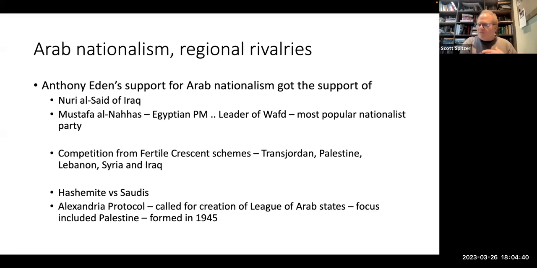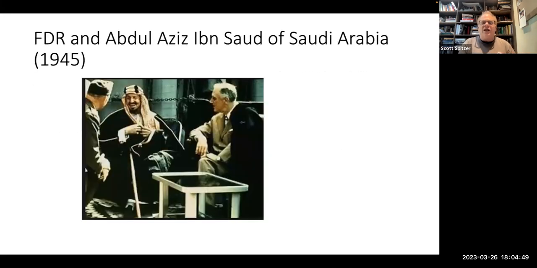Now, King Ibn Saud, the Saudi leader, meets with FDR in 1945. And FDR promises, look, okay, no, we're not going to do anything in Palestine without consulting with other Arab leaders. And this is an informal statement. It's not written out, but this is a statement that FDR is making this promise to the Saudis